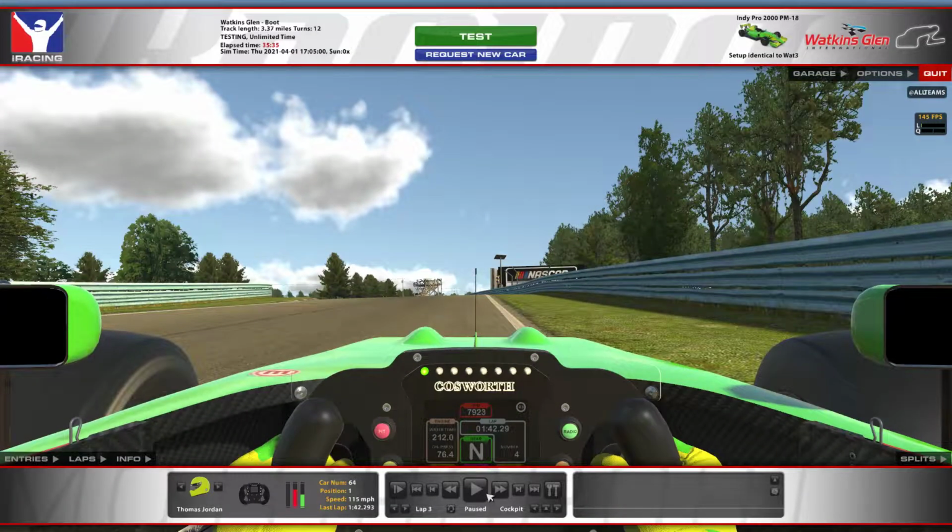Now the setup for this corner is quite important because you want to be able to carry a lot of speed in, but if you do that, you're going to get a lot of weight balance shift onto the front of the car, and when you go to hit the throttle, it's not going to be very happy and you get throttle oversteer through here, which can actually mean you have to take off steering lock and